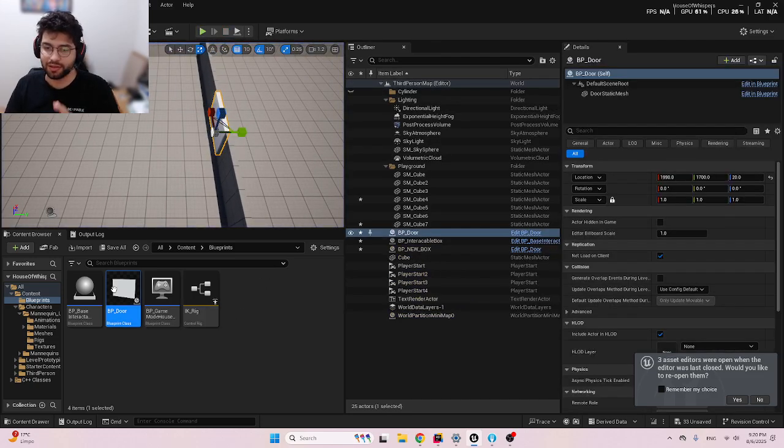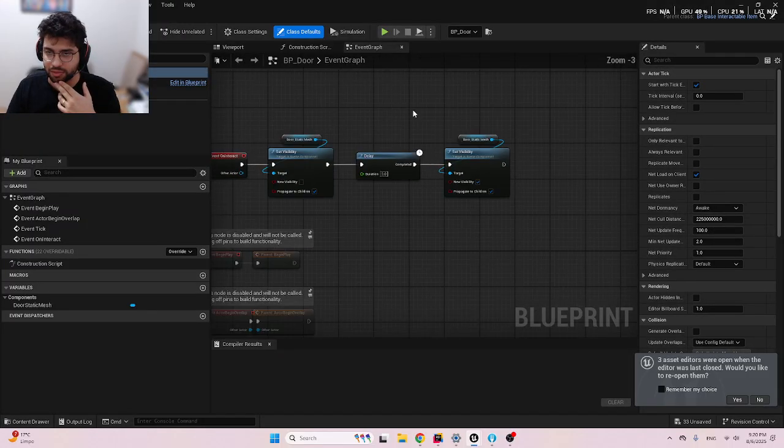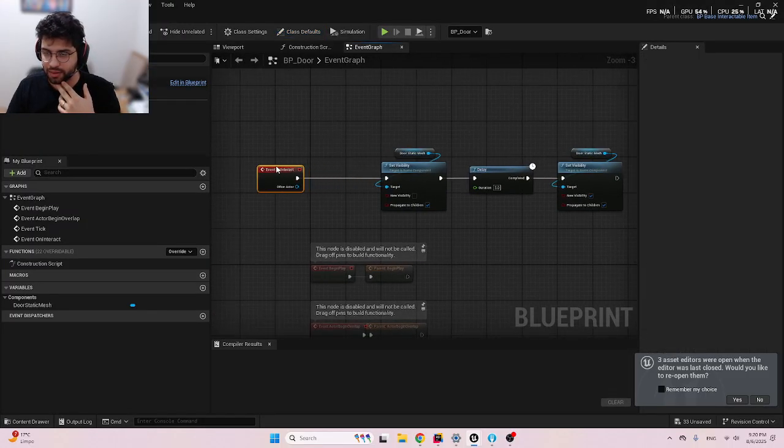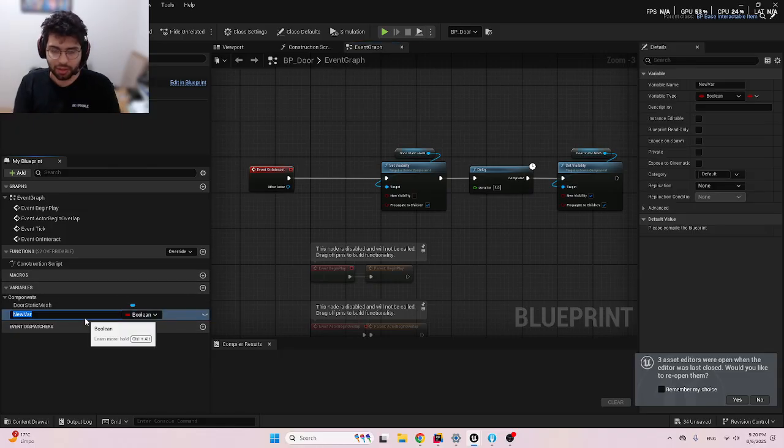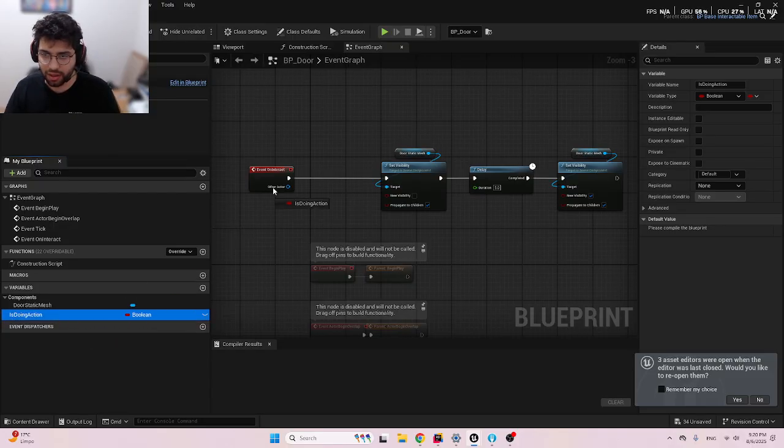And another thing I need to do, I just thought right now, is create a variable like is doing action. So it's basically to track if